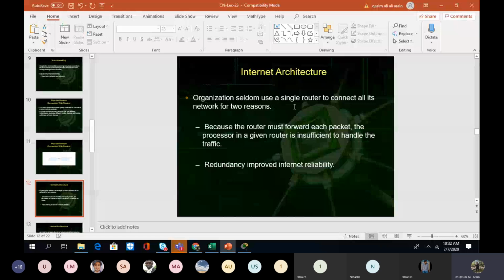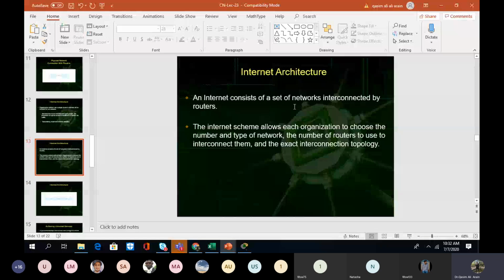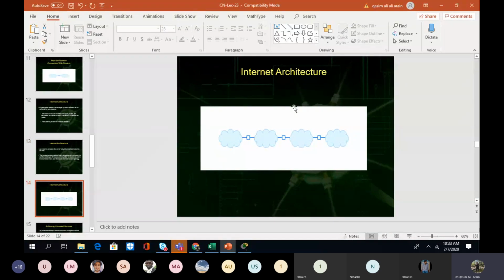So an internet is consist of a set of networks. Now I'm on the slide number 13. An internet is consist of a set of networks interconnected by the routers, and the internet scheme allows each organization to choose the number and type of networks, the number of routers to use to interconnect them, and the exact interconnection topology। अब देखें इस चीज की explanation मैं आपको आगे दे रहा हूँ।